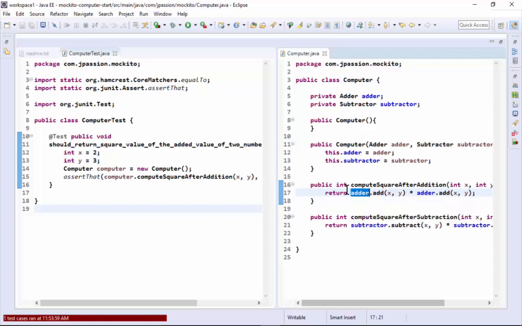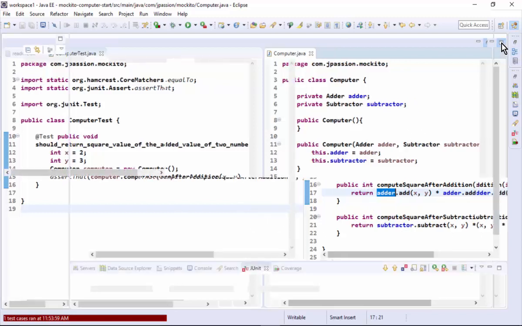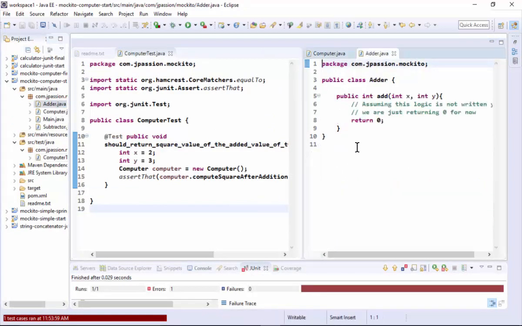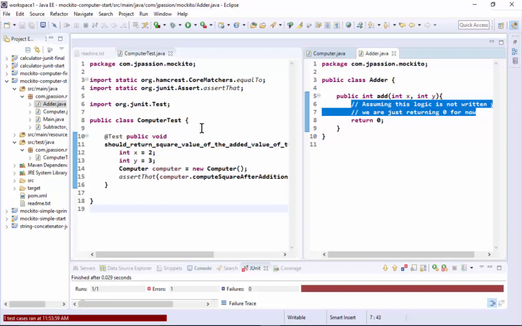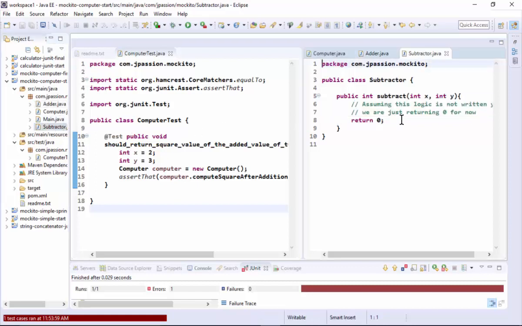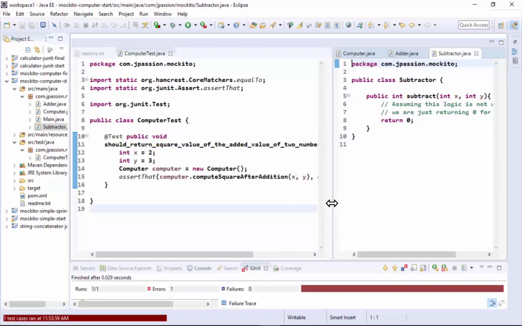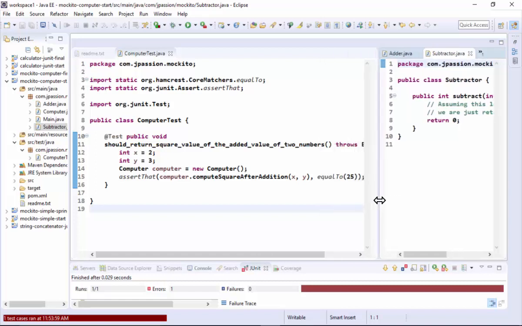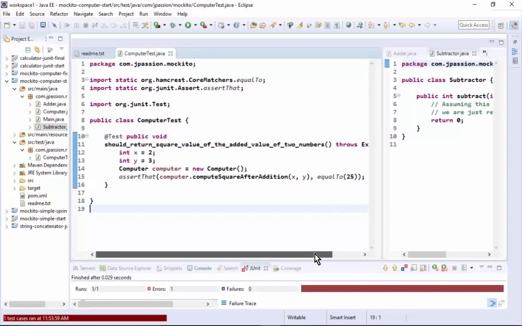Okay, so if you take a look at the adder, add, here we are returning 0. Again, we are assuming this logic is not available. And the subtractor, same thing. But we want to train the behavior of these dependencies using mock objects. Okay, all right. So something is not right, obviously. We didn't really do the mocking. But let's see, when we actually call this, it should return, in this case,